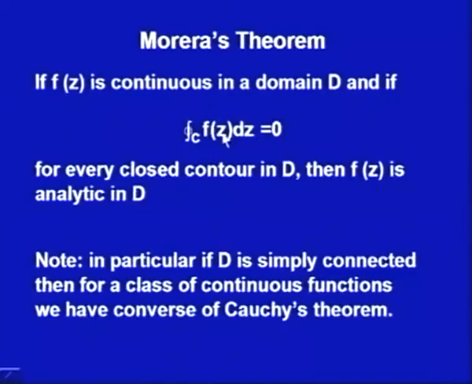How are we going to say it like that one? You see, just now we had shown that if this is happening, that for every closed contour C in D, what it says is that this integral of this function f(z) dz is independent of path, because for every closed contour C this is 0. That says whatever be this path C, this integral is 0, that says the integral of this function f(z)